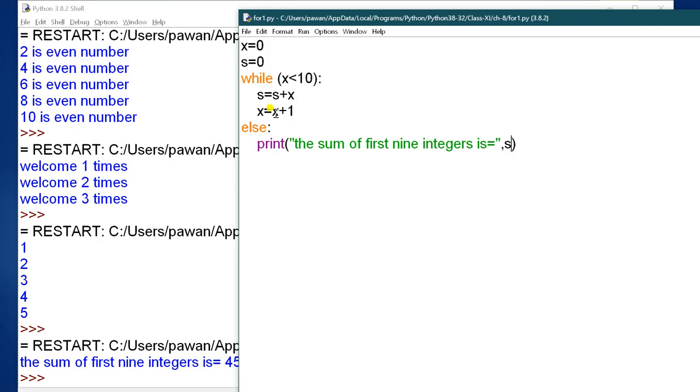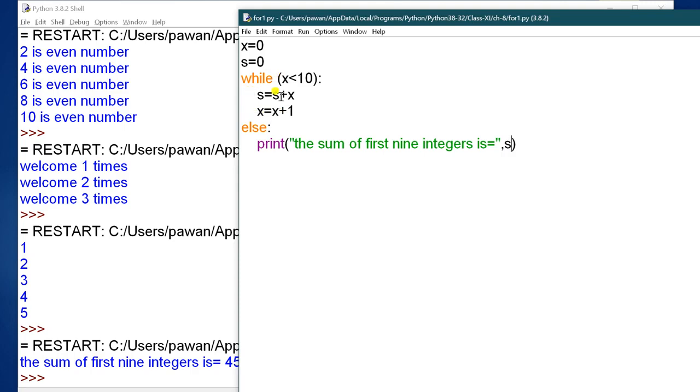Now the x value is also updated: 1 plus 1, 2. Again it will check 2 is less than 10, condition true. Now the previous value of s is 1, so 1 plus 2 is 3. Now the value of x increases and becomes 3. So again it will check.